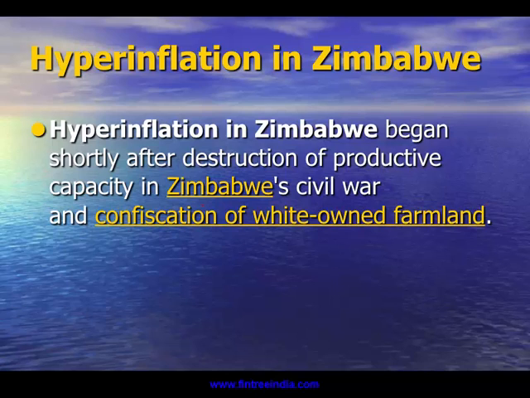The whole story there is that there was a civil war between blacks and whites, and a lot of farmlands were confiscated by one of the groups, and therefore their agricultural production in the whole country stopped dramatically. Since their production fell, they had to import from other countries, and because they had to import, there was a big outflow of